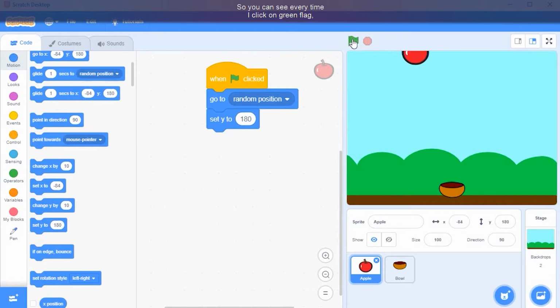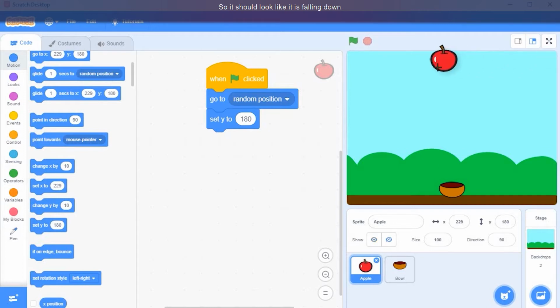So you can see every time I click on green flag, apple is going to random position, so it is changing its horizontal position. However, y position is set to 180, so it will be at the top always every time you click on green flag.